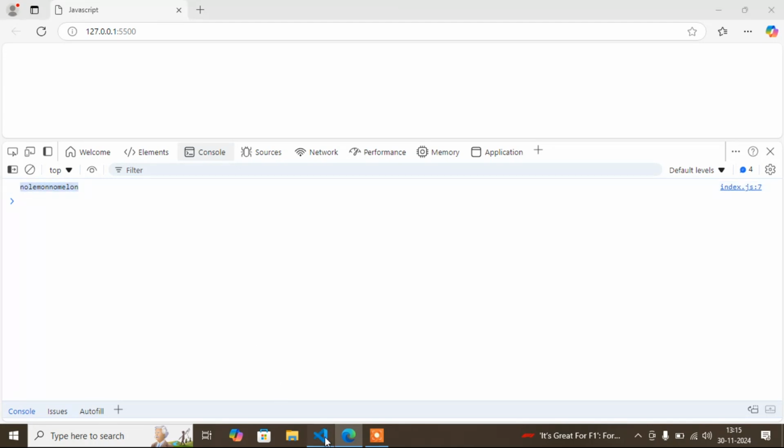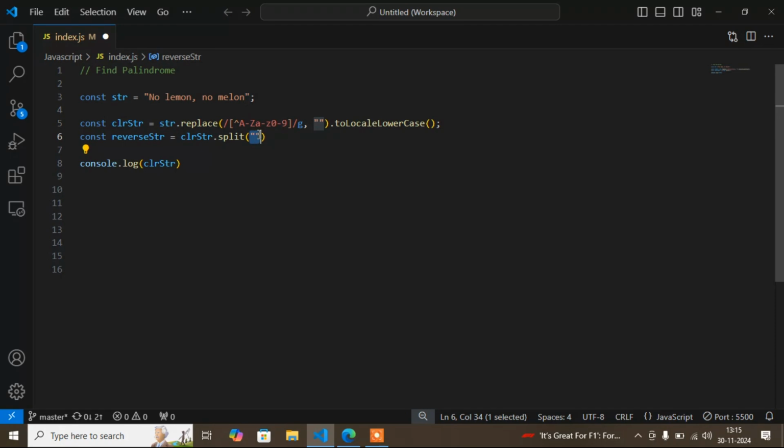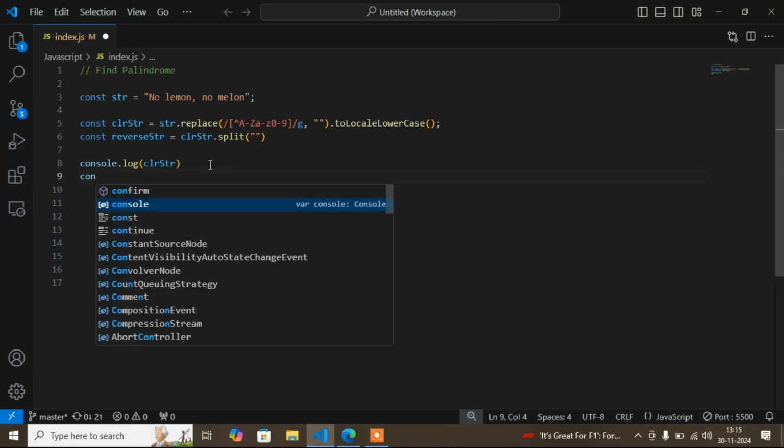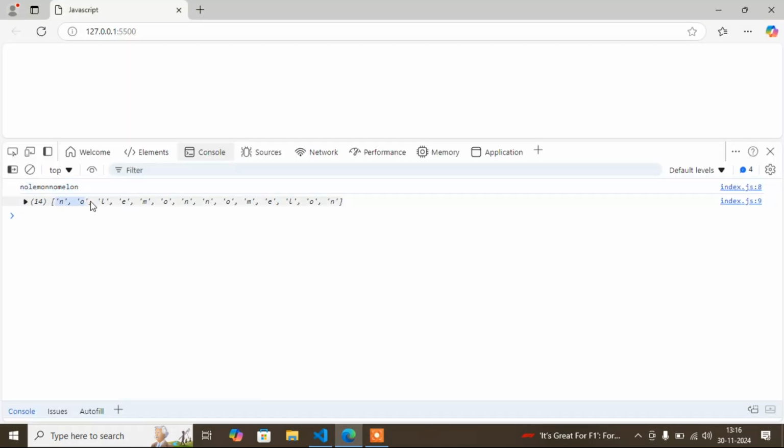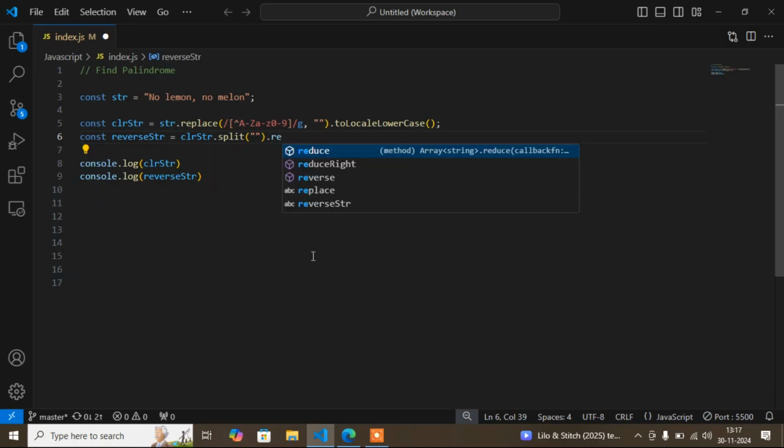If I write split, it will convert it to an array. Now I'll just console.log this one. Let's see. See here it is converted into an array, because without converting to an array I cannot reverse this one. And after that reverse like this,